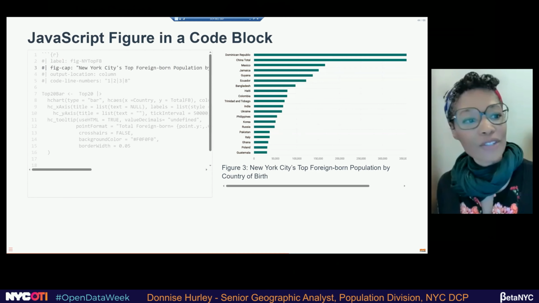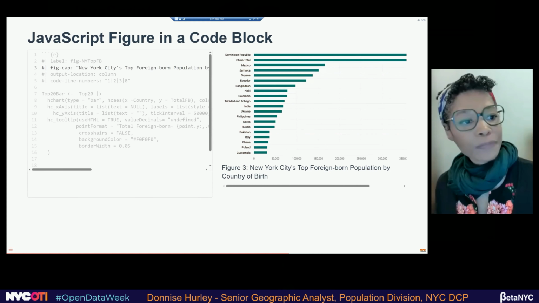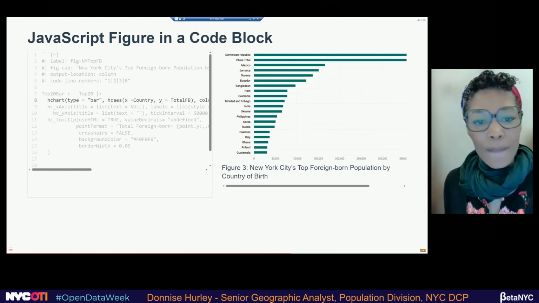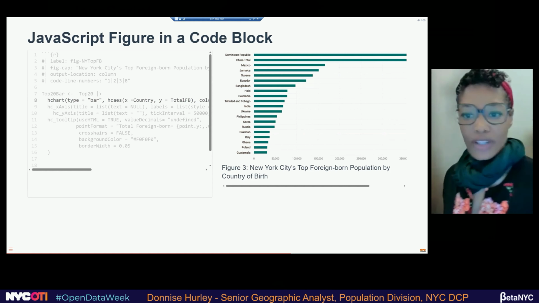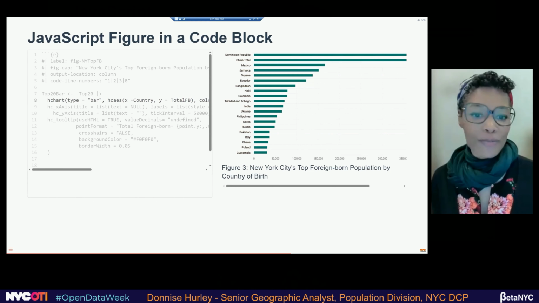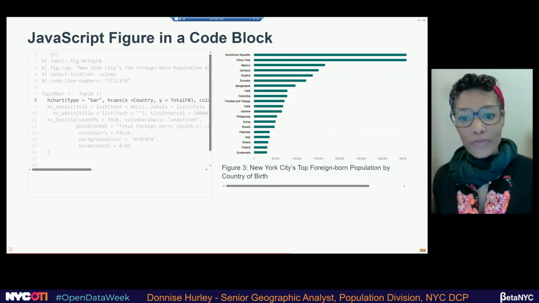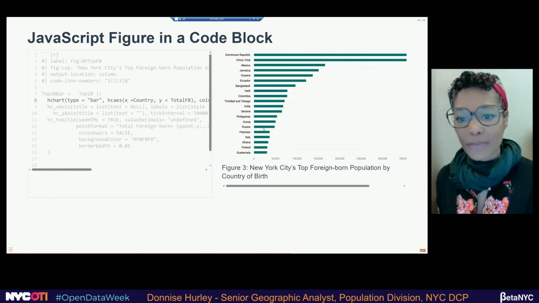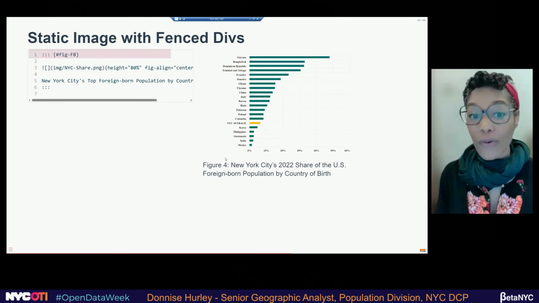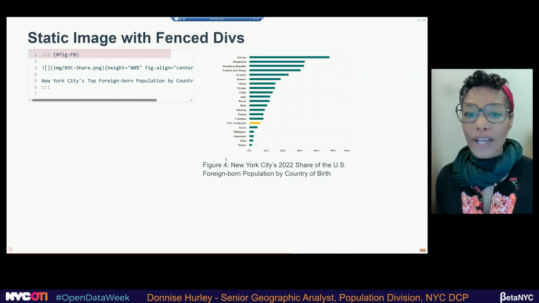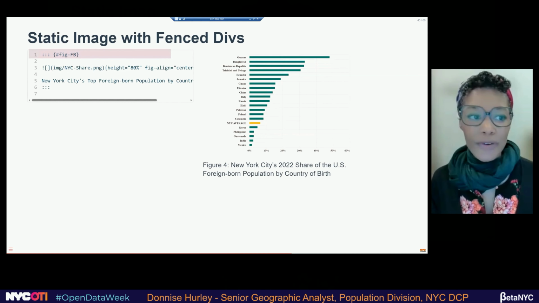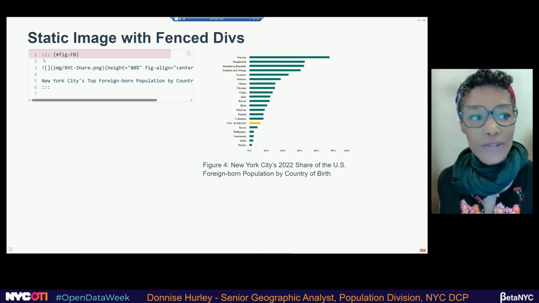And then next, you can add your caption. And so this is just an example. I'm using HighCharts, which is a JavaScript program for writing figures. And then we see here, this is the output. But let's say that you don't want to write any code, or you have a bunch of figures that you've already made elsewhere and you want to incorporate that, that's easy. You just use a fence div.